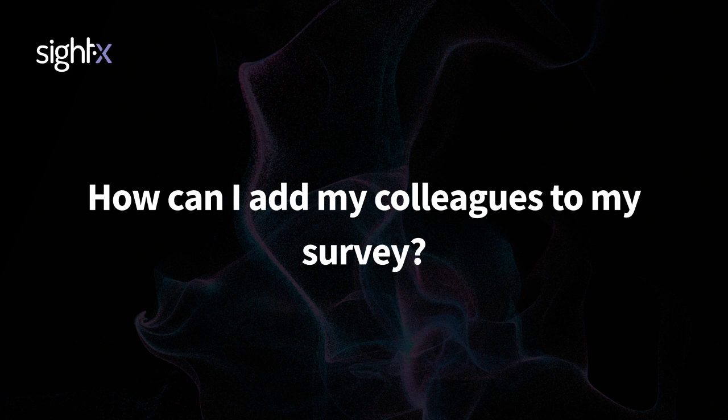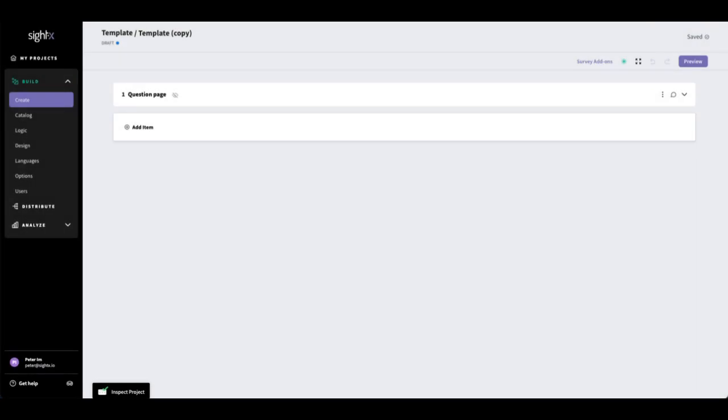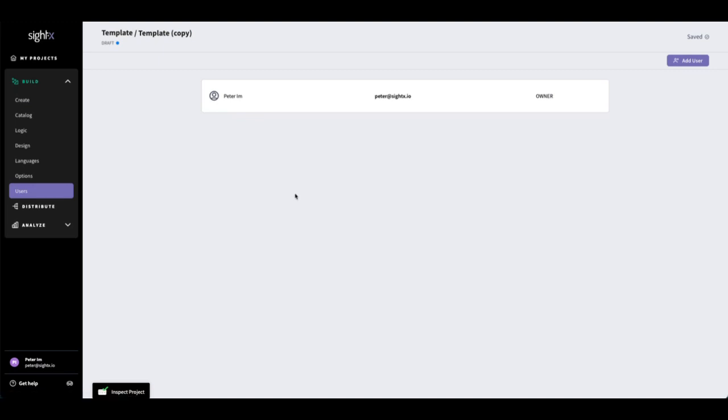How can we add our colleagues to our surveys? So by default within SightX, when you do create a survey, it is only shown to yourself. But collaboration is super important while working on projects, so you have the ability to add your colleagues to a survey. So going to the build section and going to users, this is where you can see who has access